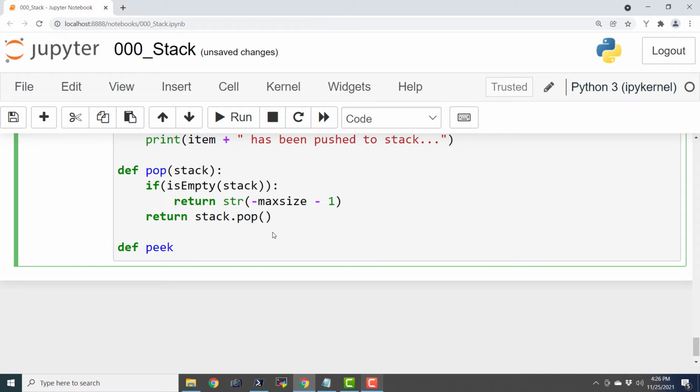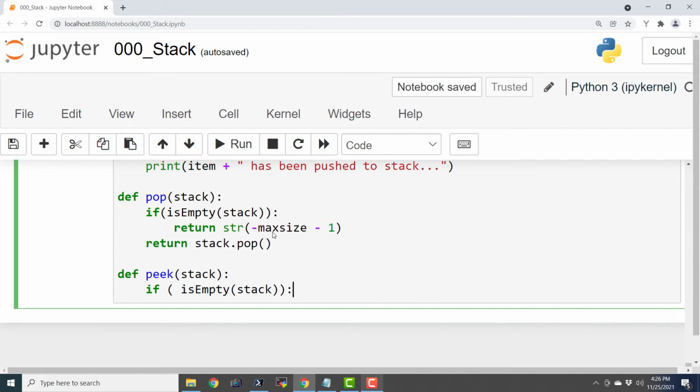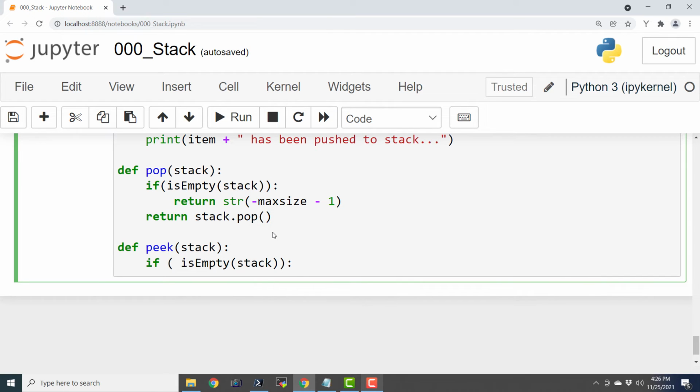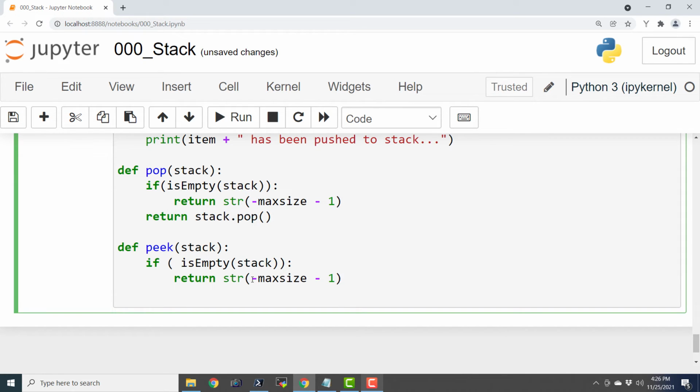Def peek stack: if is empty stack. This peek function is basically going to show us the top of the stack. Now if it is empty, then return again that string of maxsize minus 1, the negative infinity minus 1, minus infinity kind of stuff.